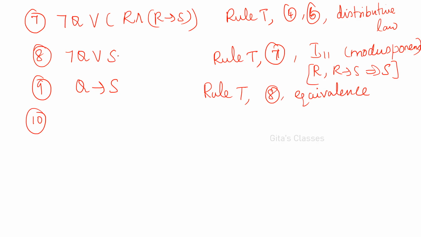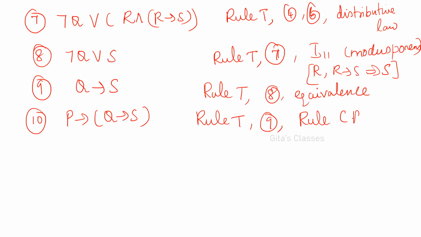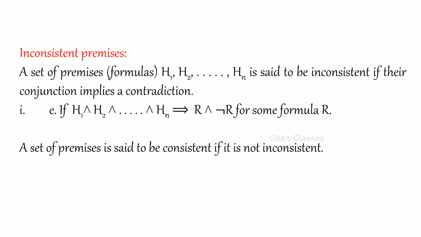So, after arriving at our new conclusion, now you can write it as P conditional Q conditional S. That is rule T. I have applied in step 9, but using rule CP. Because already we have removed P and added it as an additional premise. Okay. Therefore, this is our new conclusion C, and this is our required conclusion. This I am writing from rule CP. Okay. So if you are using rule CP, you have to mention in the last step, you write required conclusion and write these are rule CP.